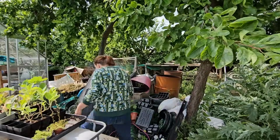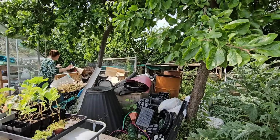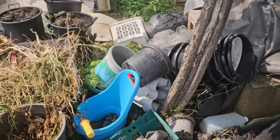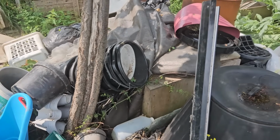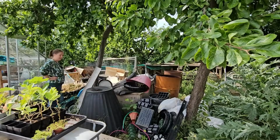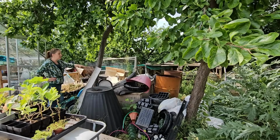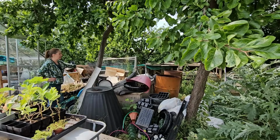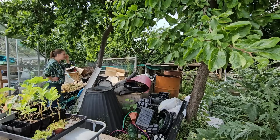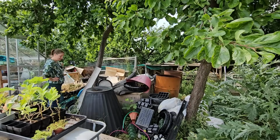Now, mess might be a little bit of an understatement because I can't even actually get in here right now. This is absolutely on the list as a job to be done. A fairly big job, I think. Believe it or not, there is growing space under here, I think. So once I get this cleared out, I might cultivate this into a bit of an area. But behind the little greenhouse,